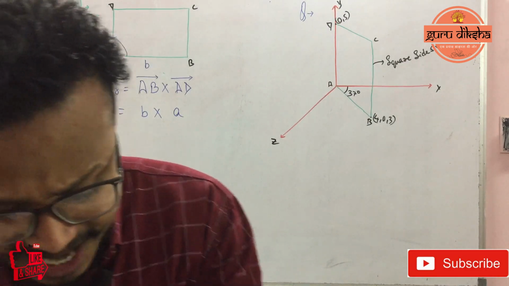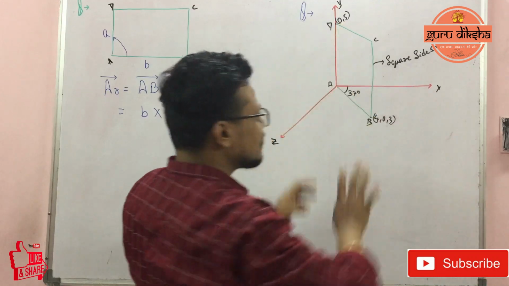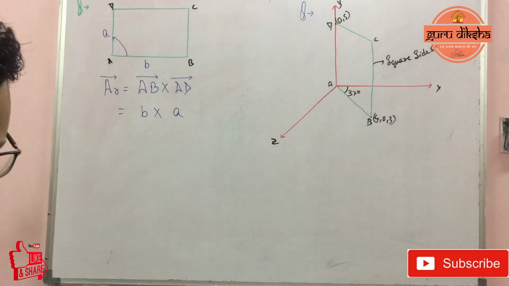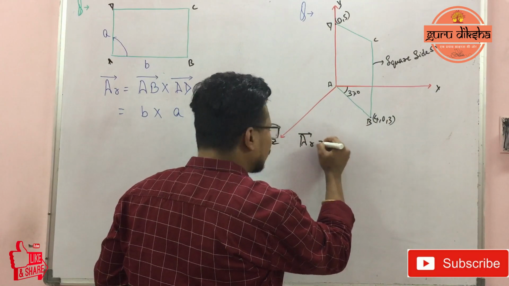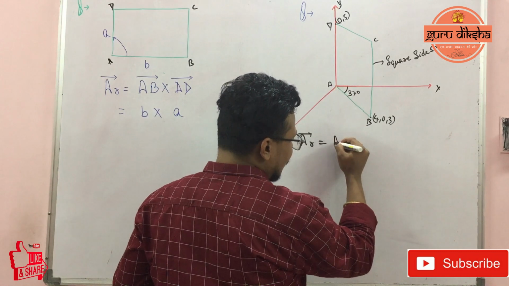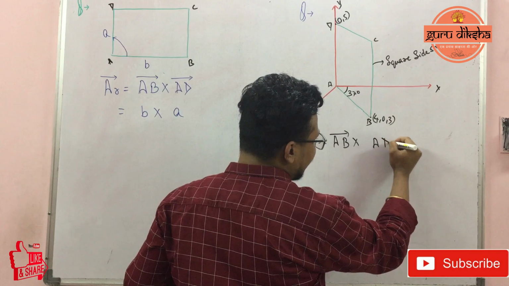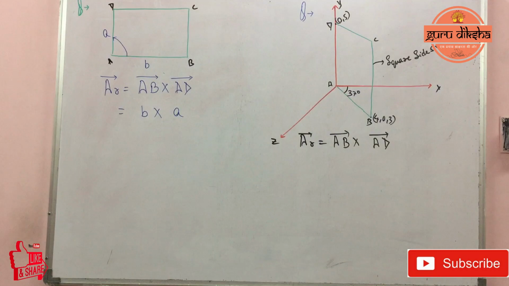See here. Achha, area vector means what, bhai? This cross this. Take it. How will we do it now? See here very properly. Very good thing it is. See here. Achha, AB cross AD. What exactly will we do? We will do AB cross AD.